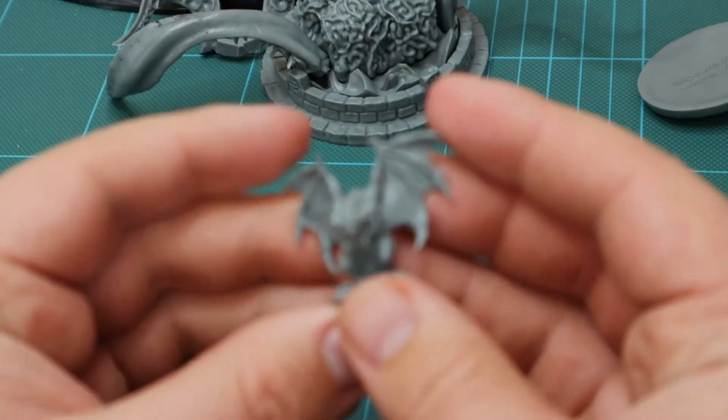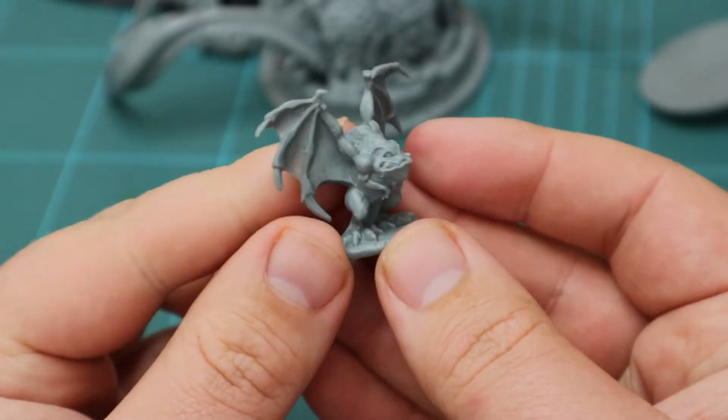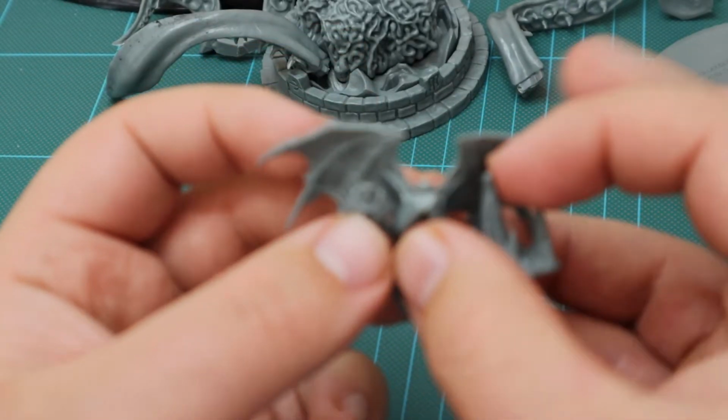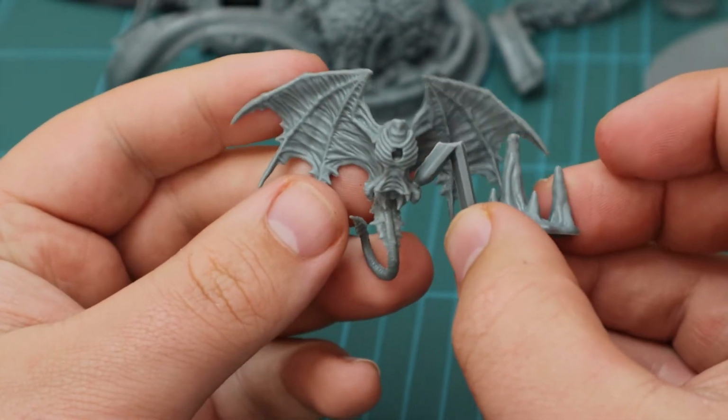A little gargoyle, which I can get the camera to focus. There we go. Little nasty looking gargoyle. And then this here, I'm not quite sure. It's supposed to be some sort of bone